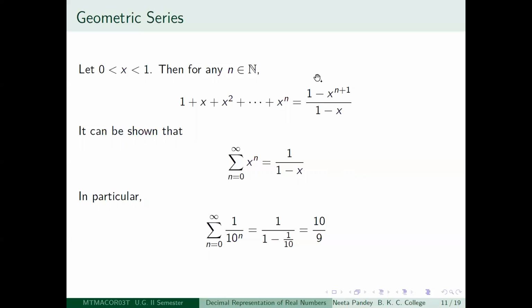Then on the right hand side you will get 1 minus x to the power n plus 1, and on the left hand side you notice that if you multiply by 1 you will just get 1 plus x plus x squared plus etc. plus x to the power n, and then you will have to subtract by multiplying by x. So you will get minus x minus x squared minus x cube etc. till minus x to the power n plus 1. So all the terms will cancel out except the term 1 and minus x to the power n plus 1. So this equality is true for any positive integer n.